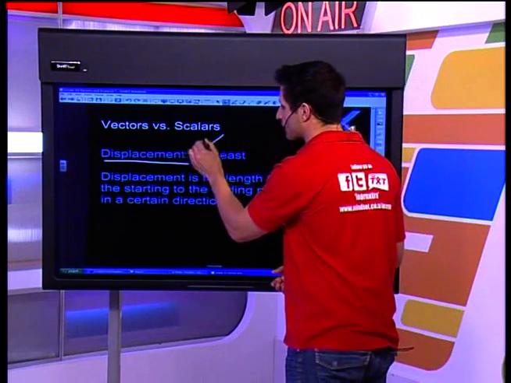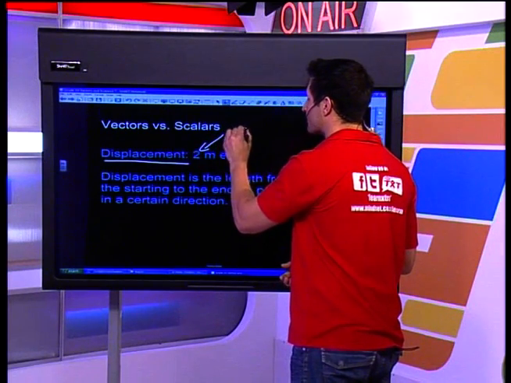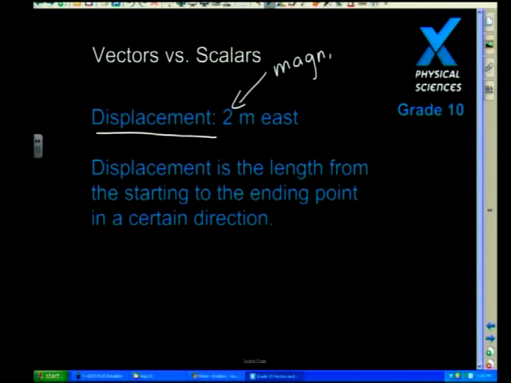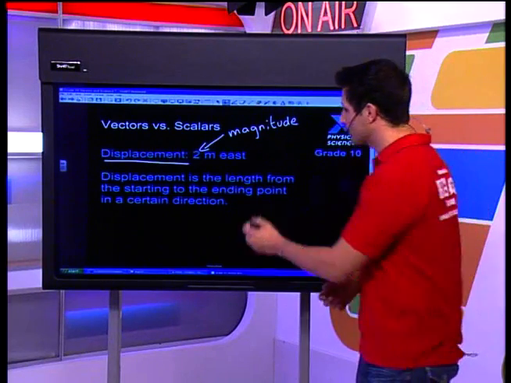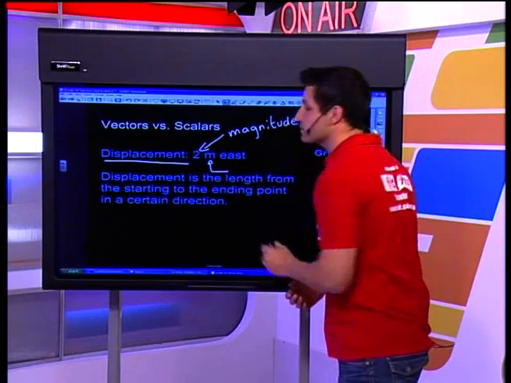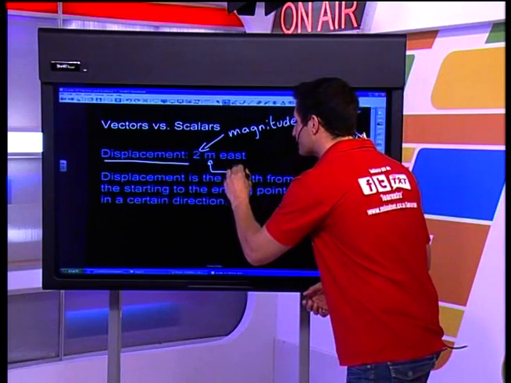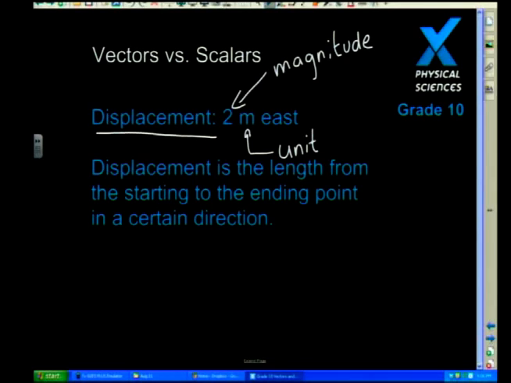Well, the first thing that I've got is a number, and that is a magnitude. A lot of people really get tripped up by this word magnitude because it's not something that I use in everyday life. The word magnitude itself means how much do I have. The other thing which I notice is that there's a unit attached here. That unit tells me what I'm measuring. So this tells me that I'm measuring something to do with length. Now there's a third piece of information, and this is the giveaway. I've got a direction over here, and a direction is very important. A direction tells me that displacement is a vector.